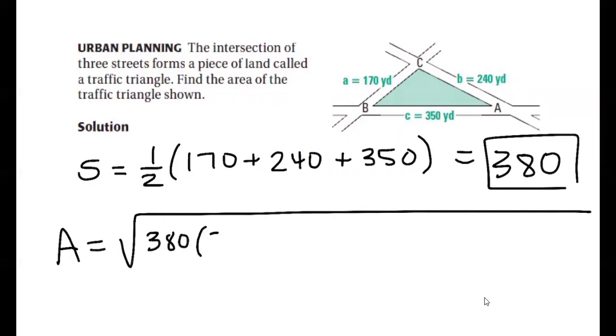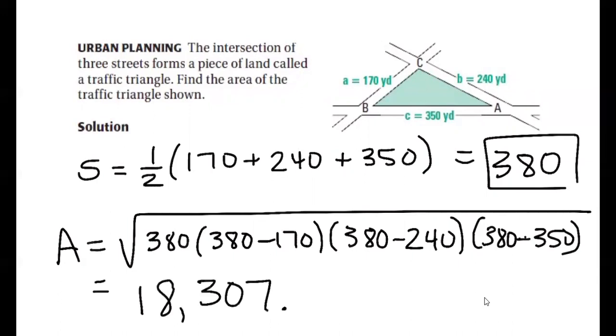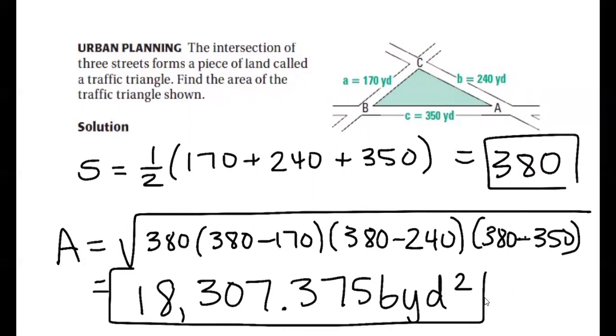So the area, they're saying, is the square root of 380 times 380 minus 170 times 380 minus 240 times 380 minus 350. Okay, so you can plug it into the calculator, and I'm getting 18,307.3756 square yards. Okay,